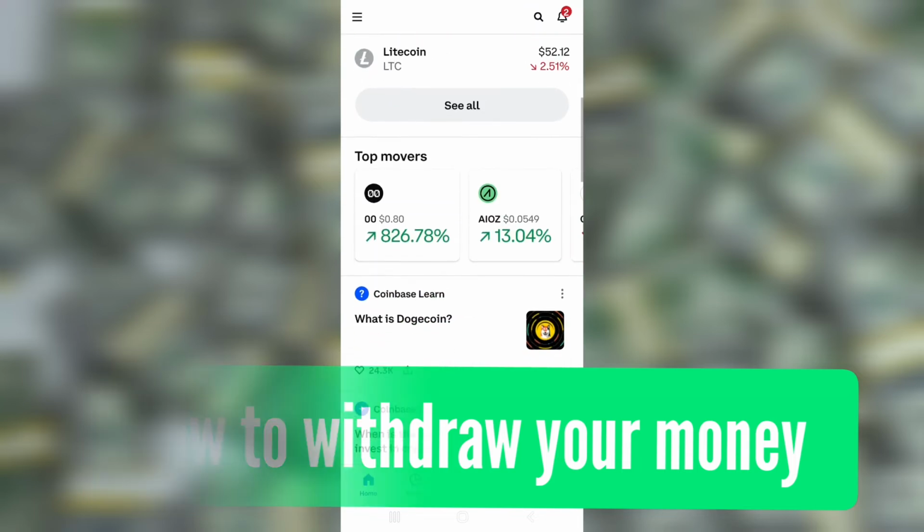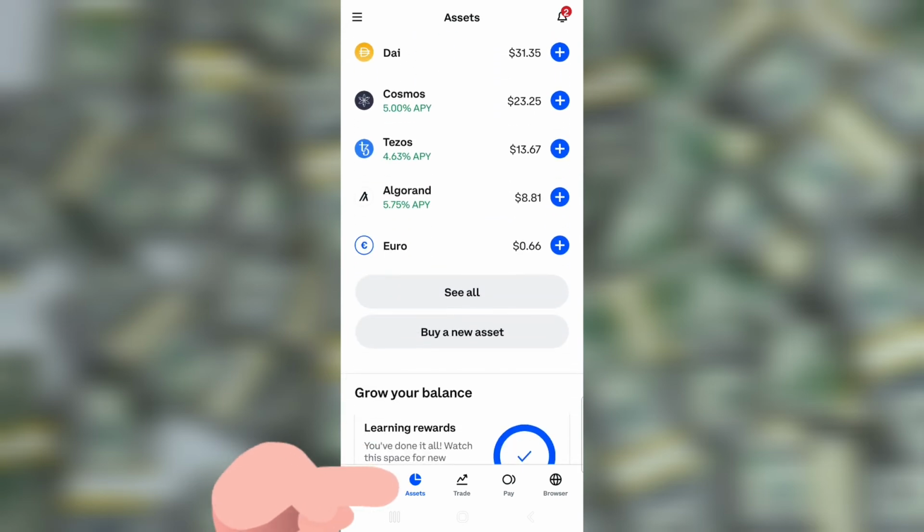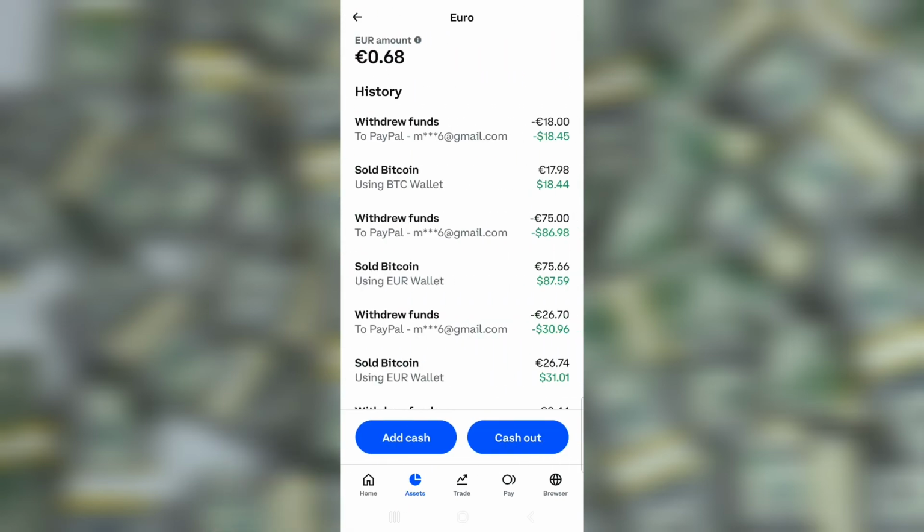What you have to do, you need to scroll down. You need to go to this section where you say asset. Once you click on asset here, scroll down, you will see where you say euro. If I click on euro here now, I'll be able to transfer my money into my PayPal account or